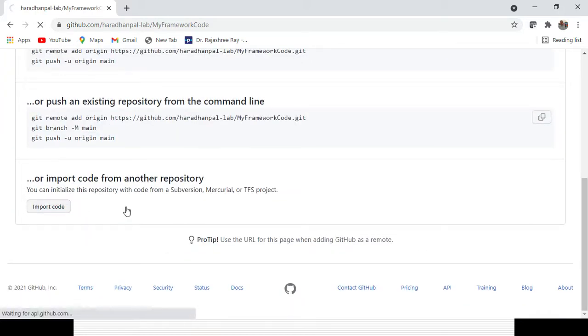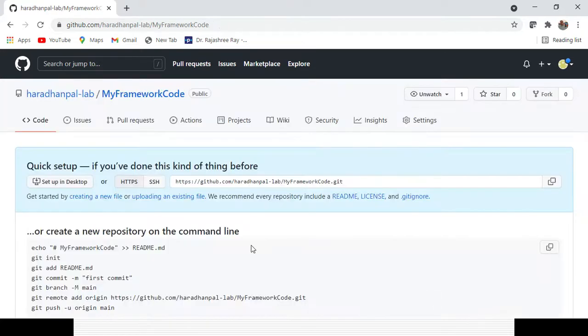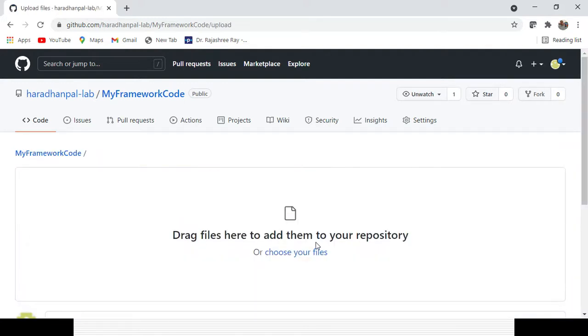Let's try to click on the import code again. Yeah, so there are options called create new file or uploading an existing file. So you need to click on uploading an existing file. After that you can choose your file or drag and drop your file to the repository.